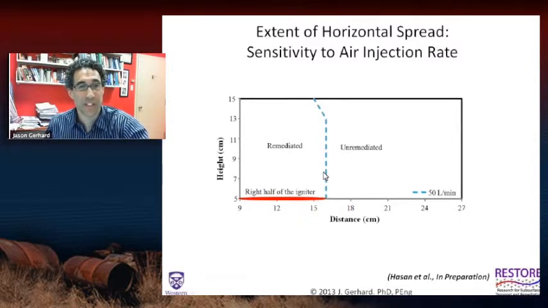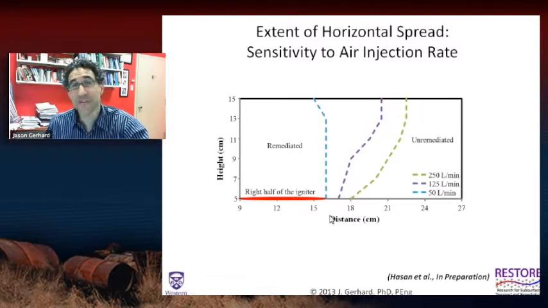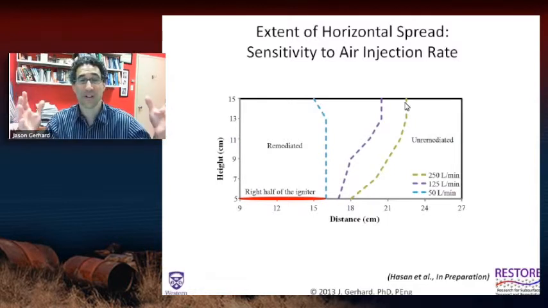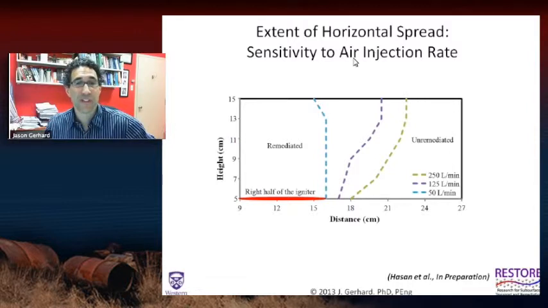Here's the 50 liter per minute clean zone. You can see basically the reaction went straight up and we had no horizontal propagation whatsoever. Basically looks just like a column experiment. We increase that to 125 liters per minute, and we start to get some lateral propagation here. 250 liters per minute, and we get a much wider clean zone. So it makes sense that as you're increasing your airflow rate, you can have a larger radius of influence around the ignition zone. However, as we continue to increase the flow rate, 350 liters per minute, 450 liters per minute,